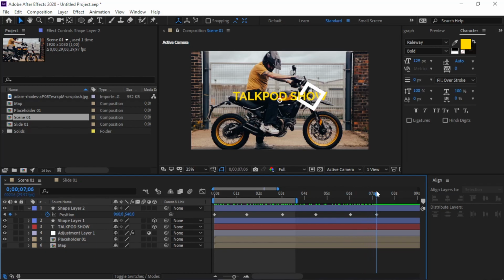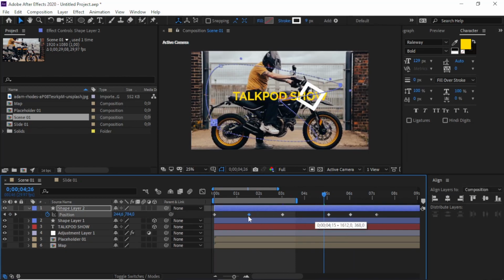It will go back to the first position. You can randomize the keyframe positions if you want to get another result like this, or not. It looks awful, but that was the basic idea.